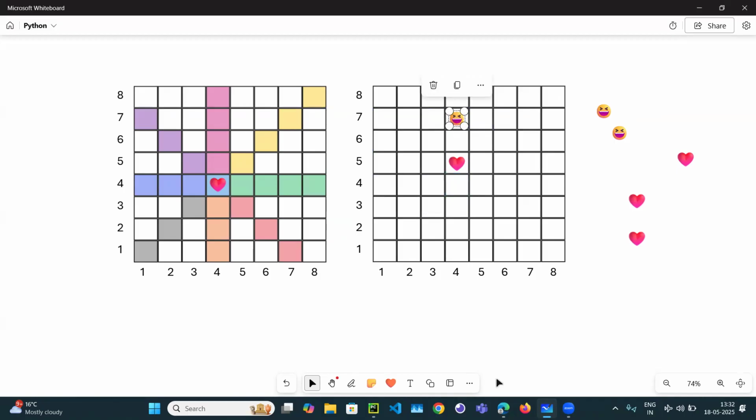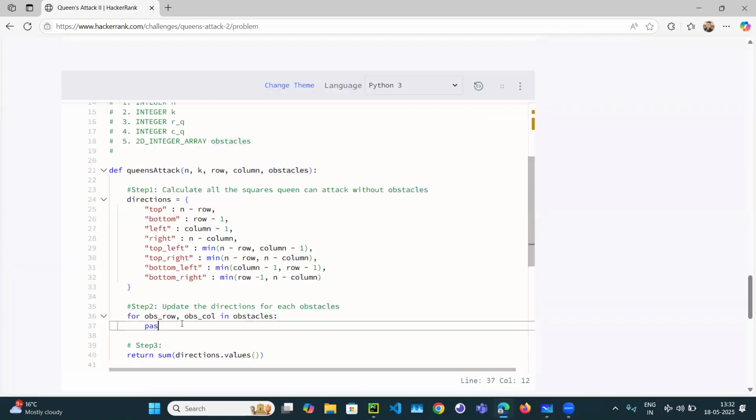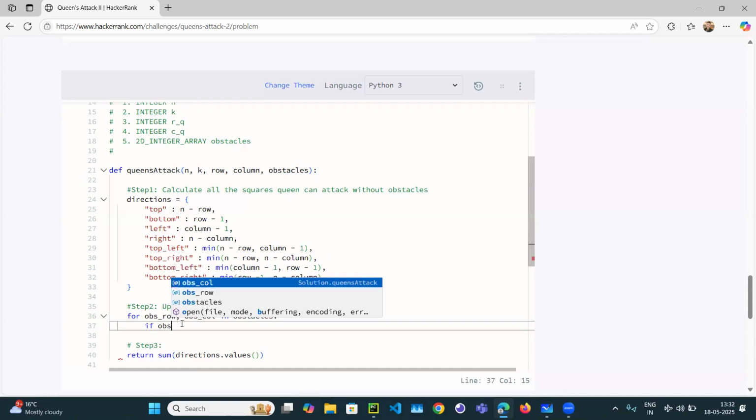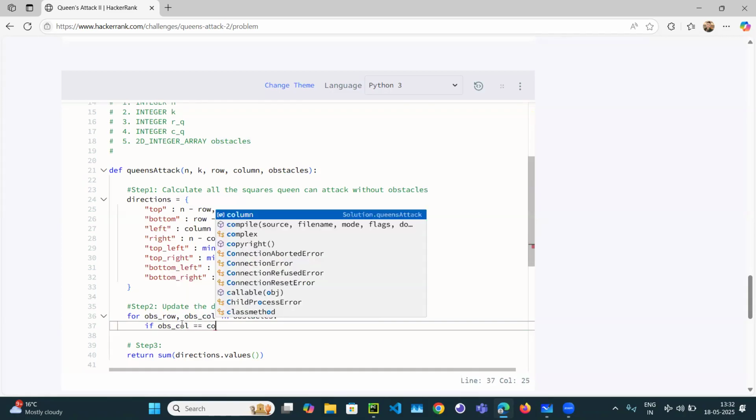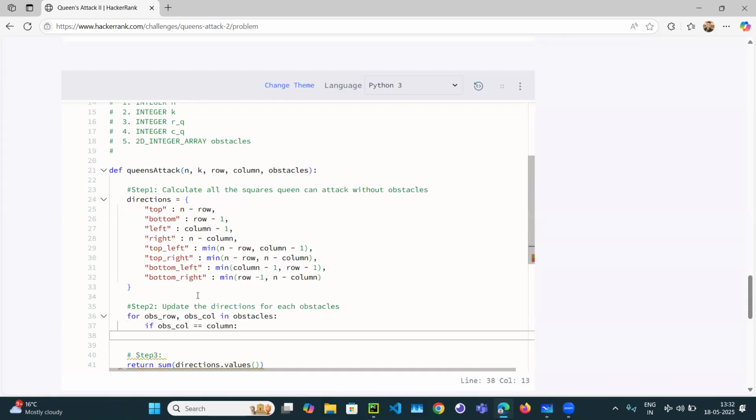Because you have the obstacle row and obstacle column, if the column of the obstacle is the same as the column of the queen, then it's in the same column. So if obstacle column is equal to the queen's column,